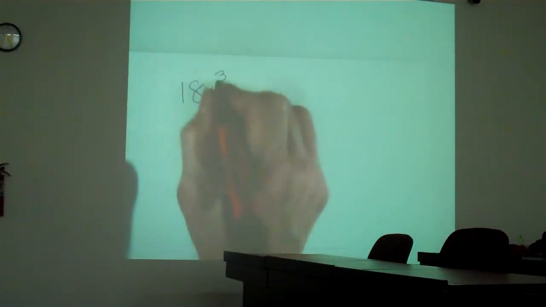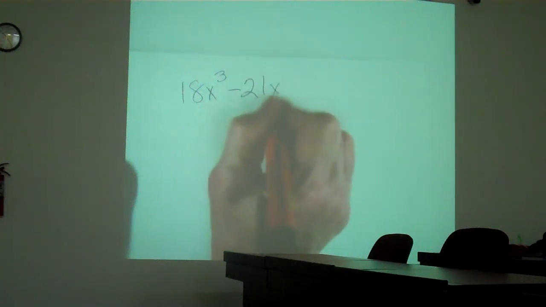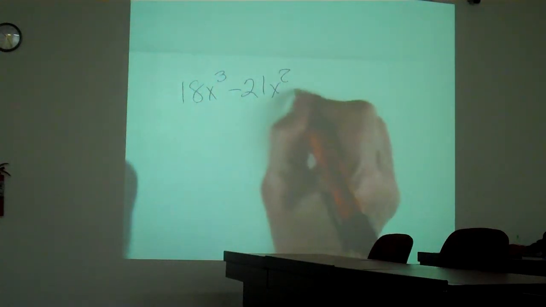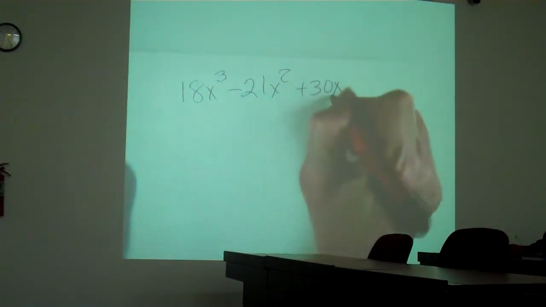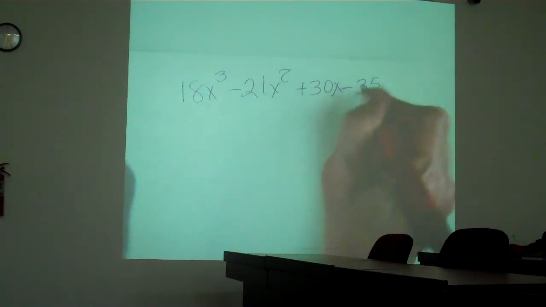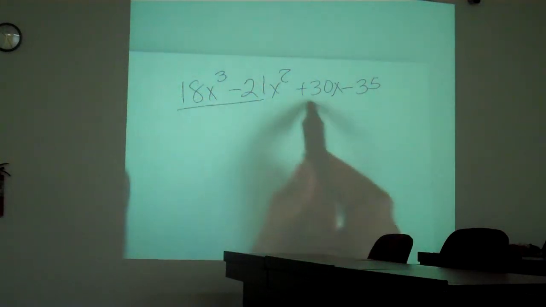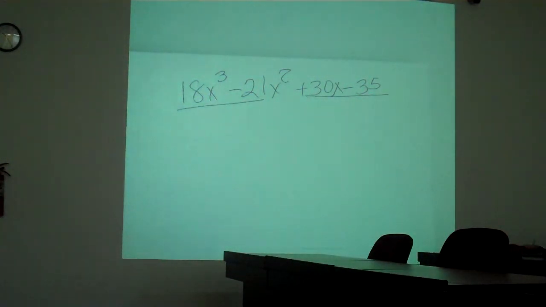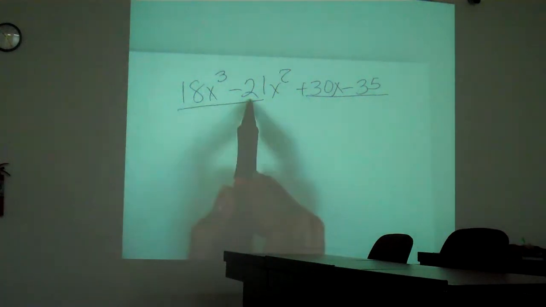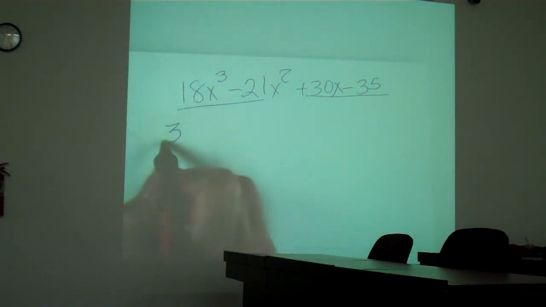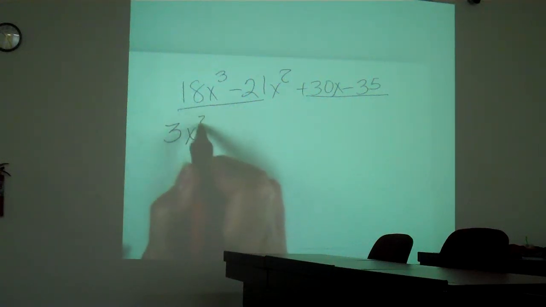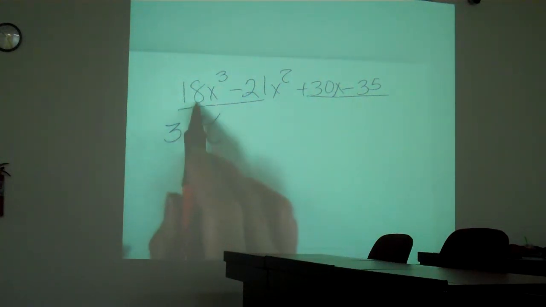Okay, 18x to the third power minus 21x squared plus 30x minus 35. Grouping, so what do we do? First 2, second 2. Underline first 2 and second 2. What do the first two have in common? 3 and x squared. To get the first term,